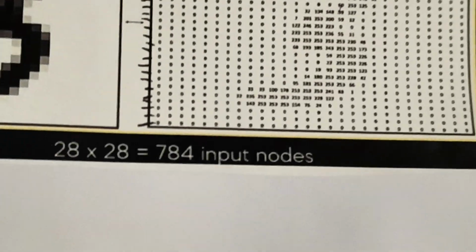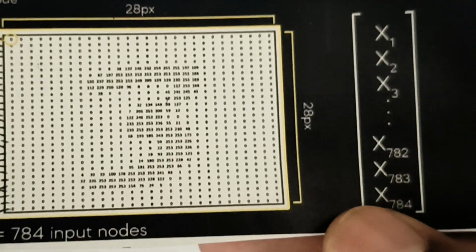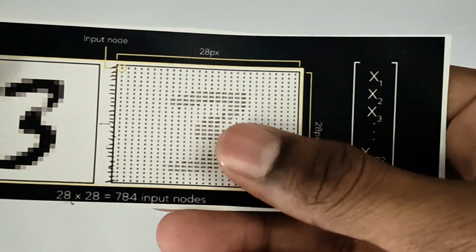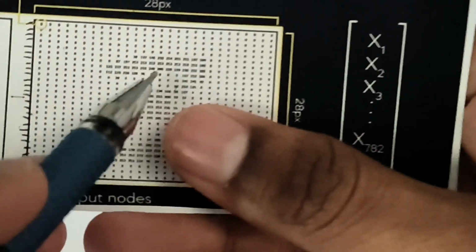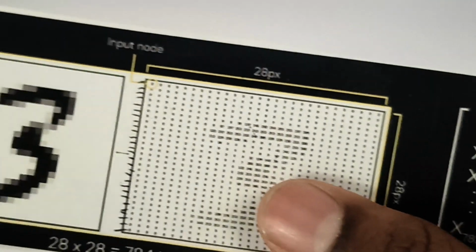So in total we have 784 input nodes, which are stored as a vector inside the neural network to form the input layer. Each of these input nodes contains a number based on how bright or dark it is. For example, 0 represents white and any value other than 0 represents colors other than white.